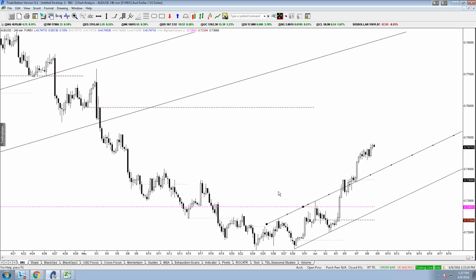Okay. Use this whenever we get there. At this point, it's probably not going to be 73.80s. It's probably going to be more like 74. Okay. So right up in there.